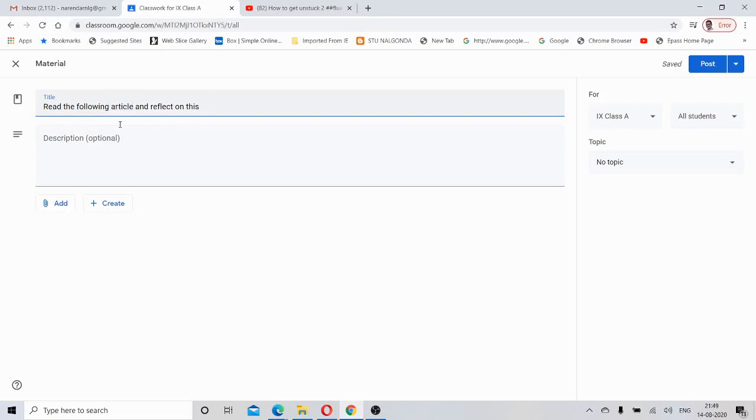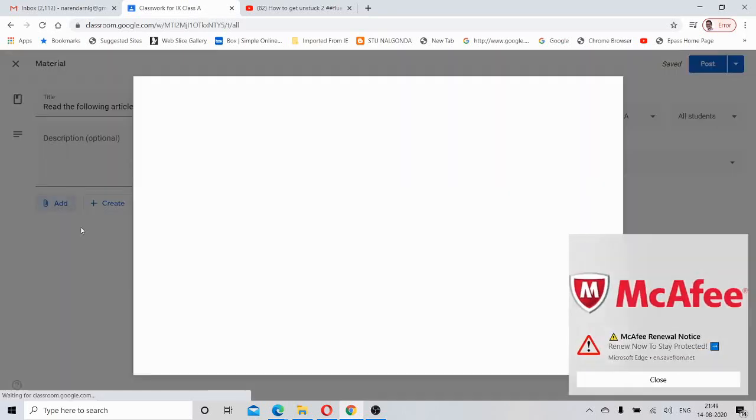Okay, now click here and select a file from your document, Google Drive.